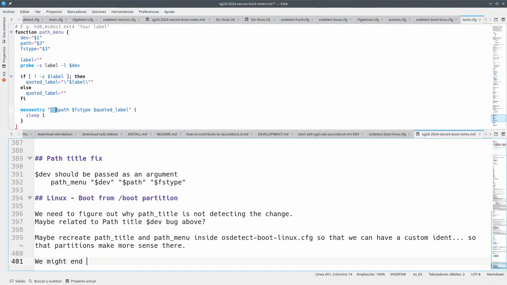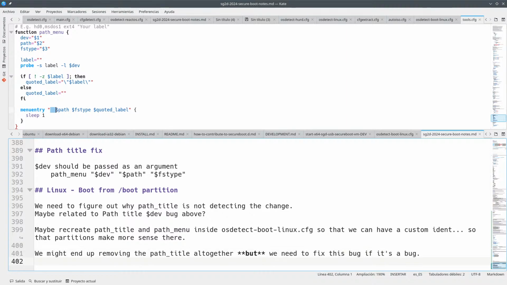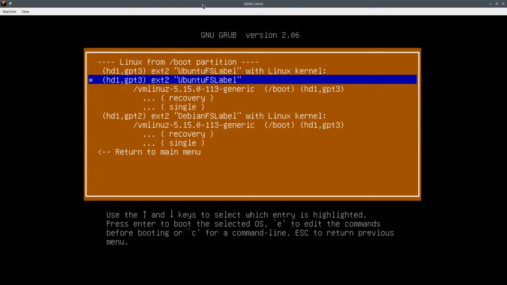We might end up removing the path title altogether, but we need to fix this bug if it's a bug. I mean, actually, what I guess is happening here is what happened before. When you loop twice the same thing, you get to go into the same partitions again. So the first one